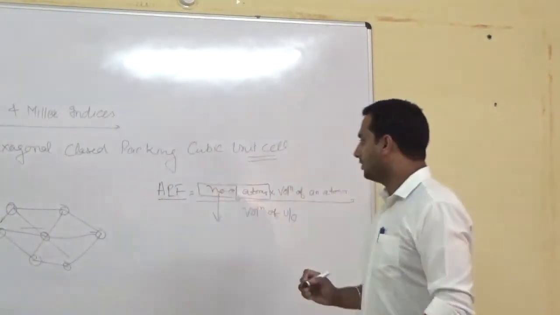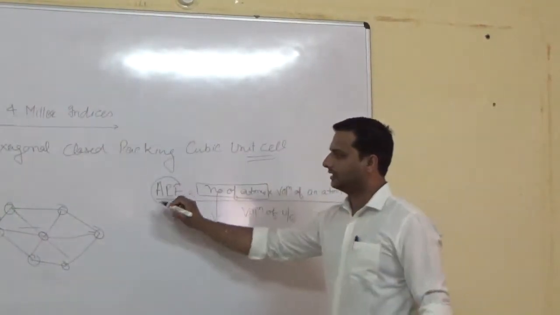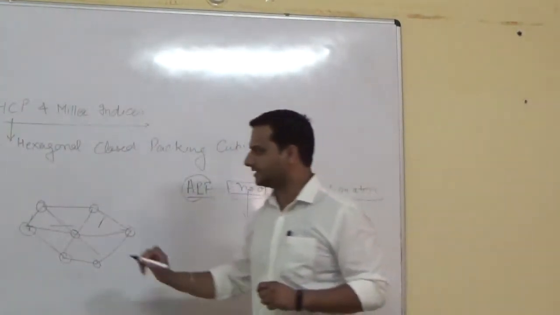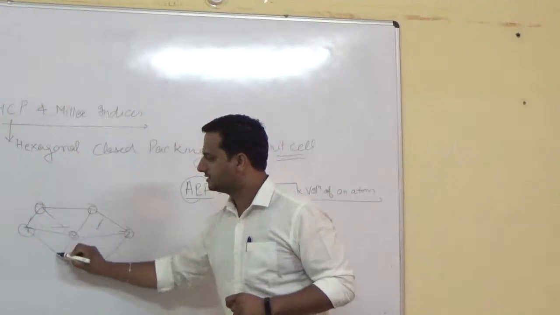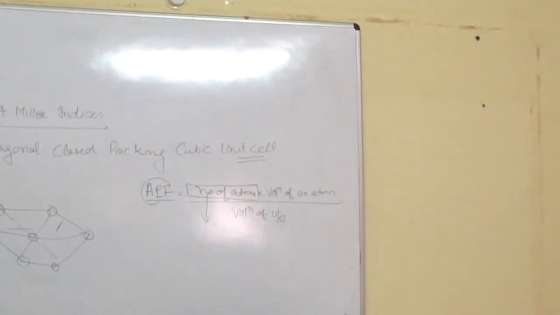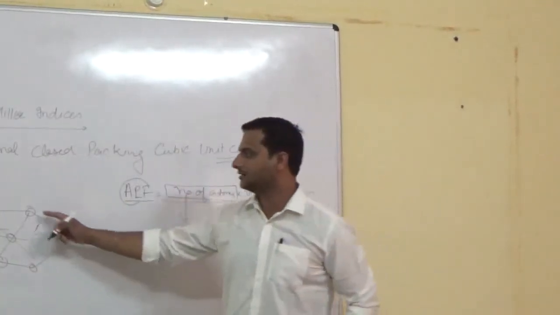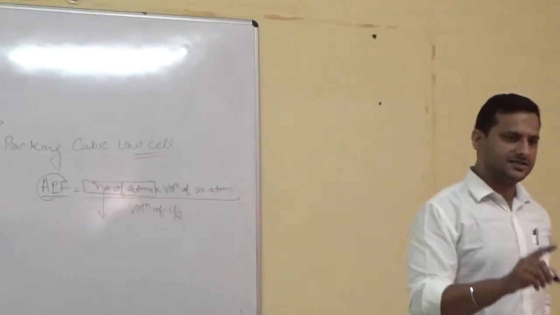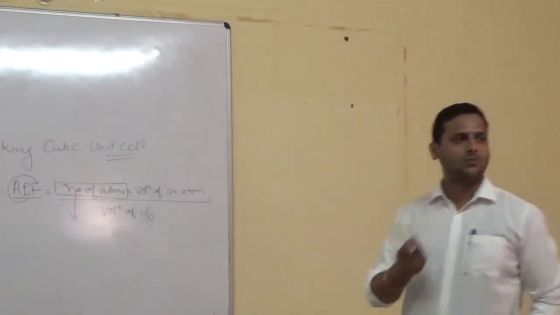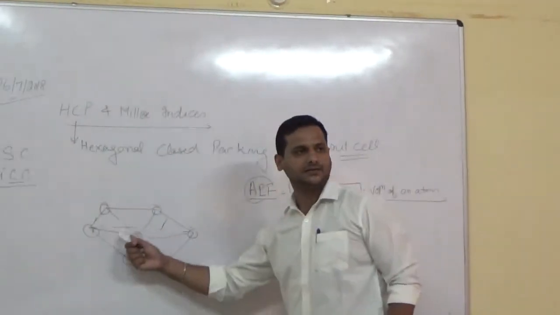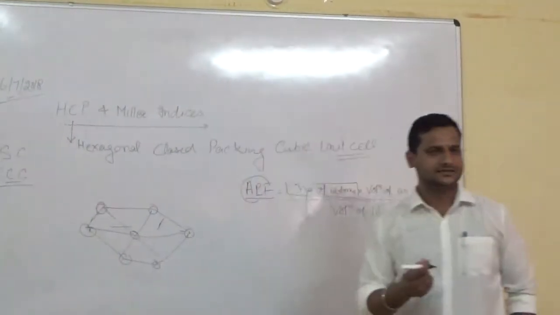Now the number of atoms in the hexagonal close packing: as you see, there are 6 atoms at the corners, and these 6 atoms are shared by 6 unit cells. So the part of each atom belonging to only this base is 1 by 6,